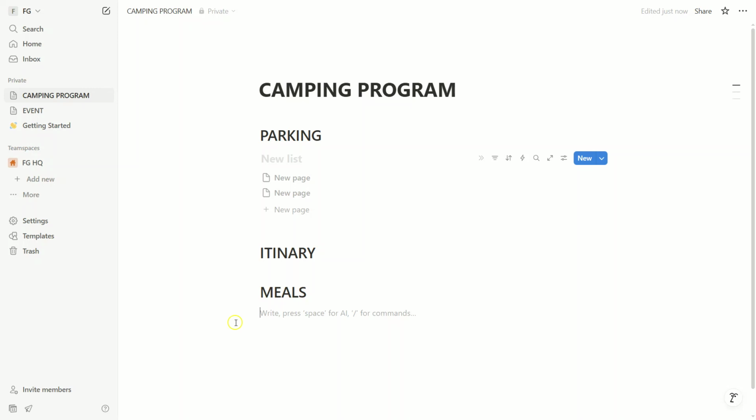And that's it. With these steps, you can use Notion to plan your camping trips effectively and efficiently. Remember, the key is to keep things organized and detailed. So go ahead, start planning your